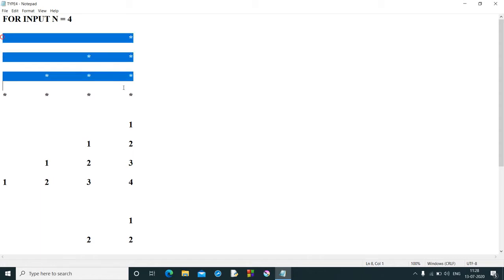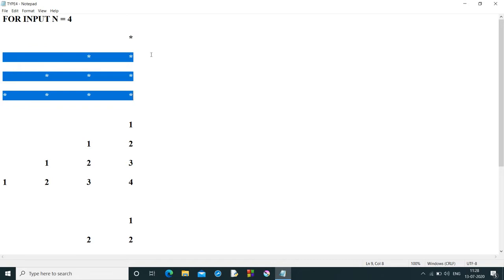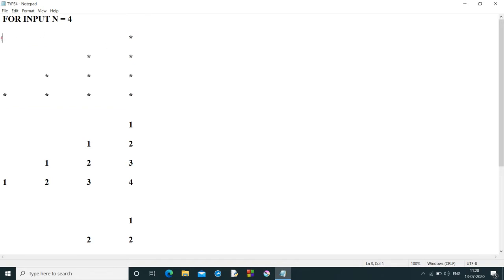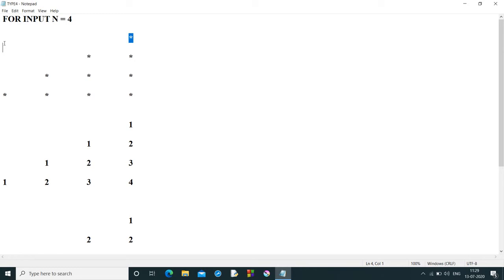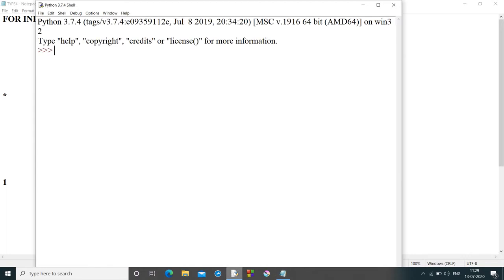So for this type of patterns, we need to write 3 for loops. The first for loop is for rows and the second for loop is as usual for columns, and the columns for loop is divided into 2 for loops. The first for loop is for printing space and the second for loop is for printing a star or printing a number or printing something else. So the point here is to print space also we need to consider a for loop. So without wasting any time, let's try to implement a program to solve type 4 category.